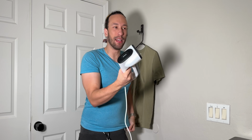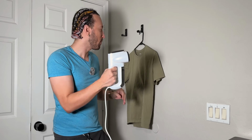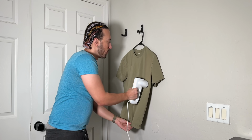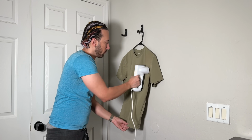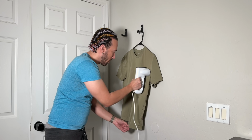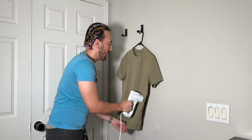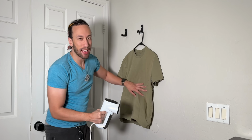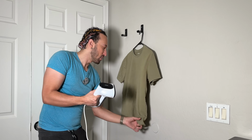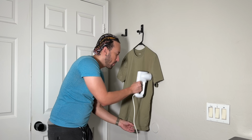As you can see, the steam is coming out. There are different options. As you can see, this is just the standard steam option that works just like any other steamer. So for example, just start going. And as you can see, it's actually doing a very good job steaming just like a standard steamer. But just like a standard steamer, we do have some watermarks on here. We do have to use both hands to pull it down and straighten it and do all this,